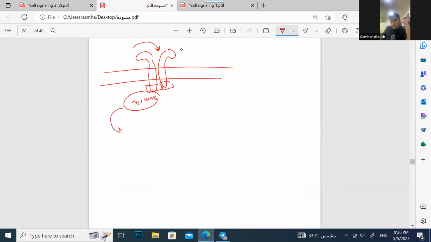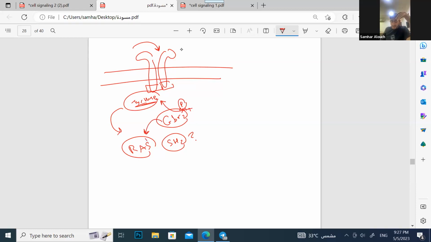Tyrosine kinase aims to phosphorylate Ras, but the issue with Ras is that it doesn't have SH2. So how can Ras be phosphorylated by tyrosine kinase while it doesn't have SH2? It uses an adapter protein called GRB2. GRB2 has SH2, binds to the tyrosine kinase, becomes phosphorylated, and then